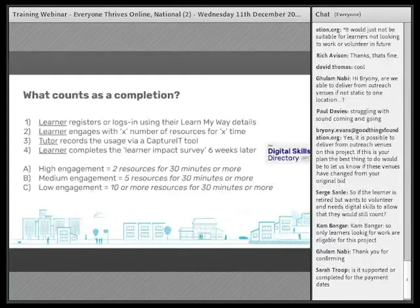Hello everyone. So in this section, I can go through logging learner progress. And when we mentioned the targets about how many learners would be supported over the course of the project, when we mention a completion, that's what the minimum requirements would be for the learner to be counted towards that target. So the first step would be that a learner